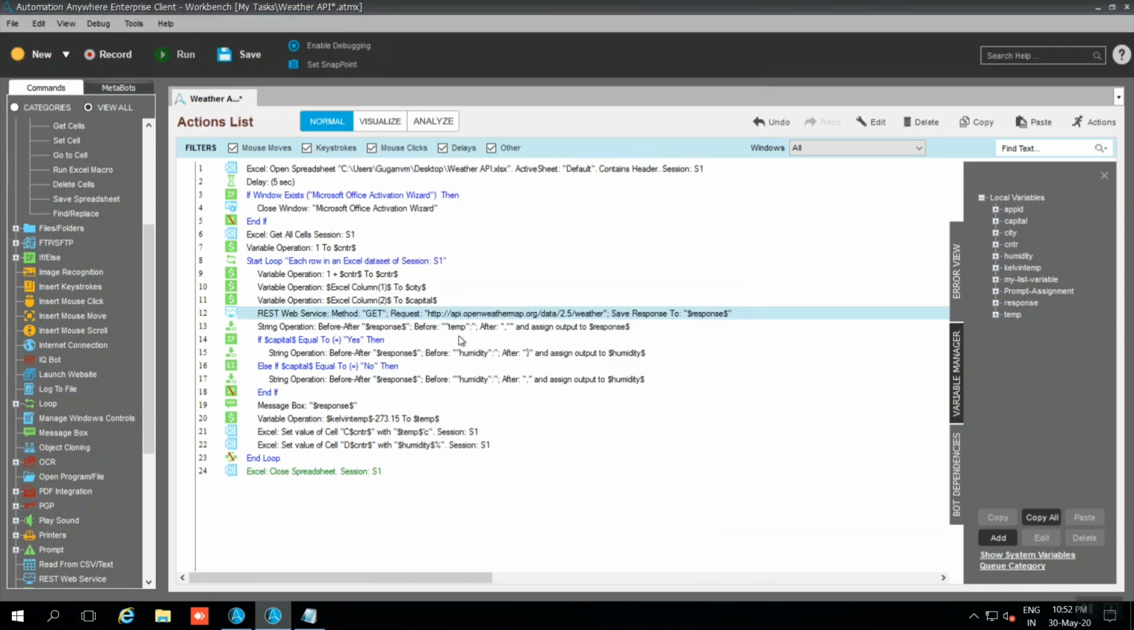And string operation. There is no dedicated command in Automation Anywhere to read a JSON format. Either you can use a bot from the bot store, and I will give the link of the bot in the description, or I have used string operation to compare the strings. Now, I'm not going to compare. What I have done is I have put the response in a message box,